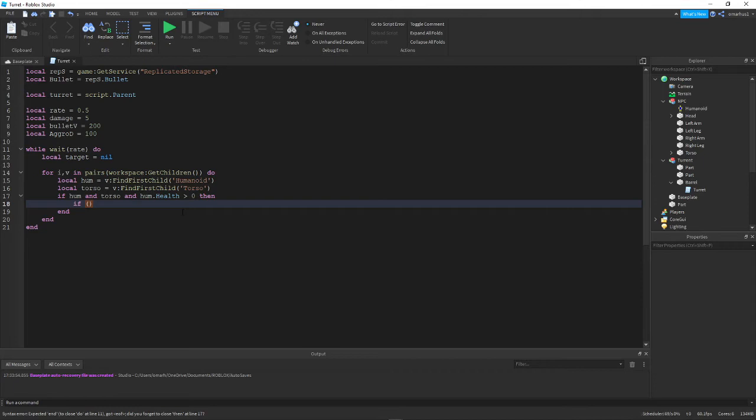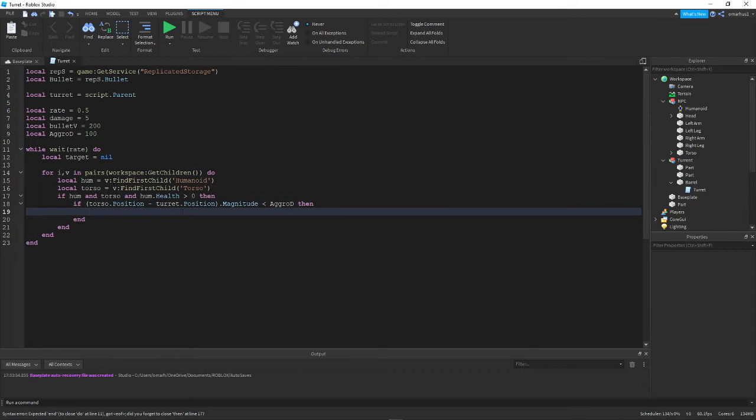And we're gonna do another if statement, and we're going to do torso dot position minus turret dot position dot magnitude is less than aggro direction. Then so we're doing an if then statement, and then we're gonna make another local variable, and we're just gonna do a local bullet ray equals, we're making another raycast dot new